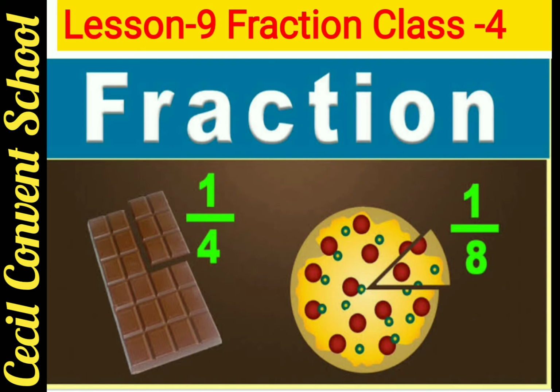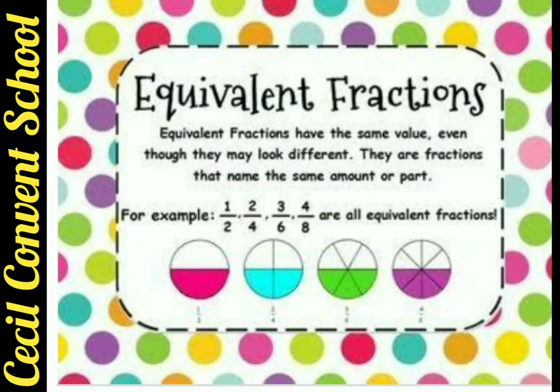Today, students, you will do equivalent fractions, and activity 2 totally depends on equivalent fractions. Last time also I explained to you what equivalent fractions are. Equivalent fractions are the fractions that represent the same part of the whole. Clear? And we can get the equivalent fraction of any fraction by multiplying or dividing the numerator and denominator of a fraction by the same number. Clear? So now you see this one example.